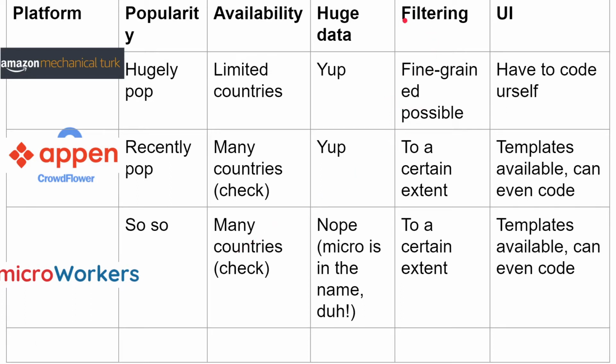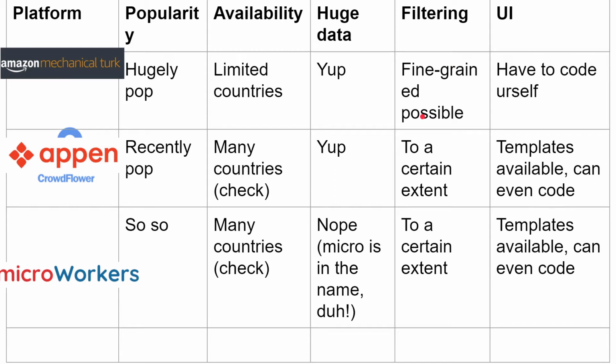So filtering, as in if you want to filter out crowdsource workers based on your annotation task. It might happen that your annotation task has to do something with movies. Then you basically want to filter out movie buffs from the population, or it has something to do with, say, novels, right? So you have to filter out people who are interested in reading. So basically you need some sort of filtering like that.